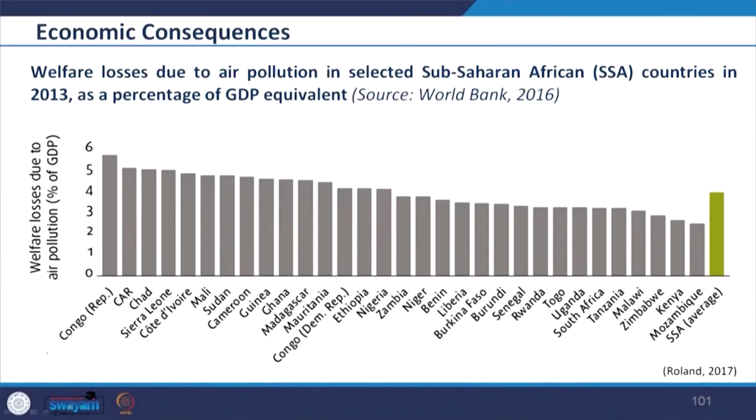Healthcare cost, you also see, is high, and loss in labor productivity because of mortality and morbidity is also high. So therefore, the healthcare cost and the loss in labor productivity from mortality and morbidity due to contaminated water is estimated to cost the Uganda economy between 22 to 35 million US dollars every year.